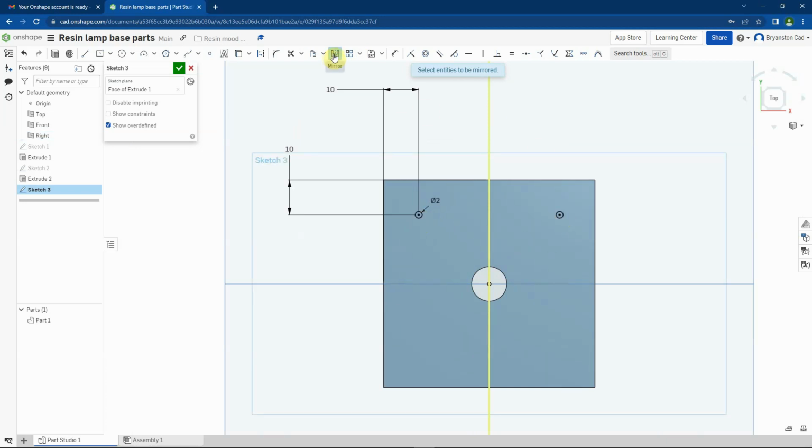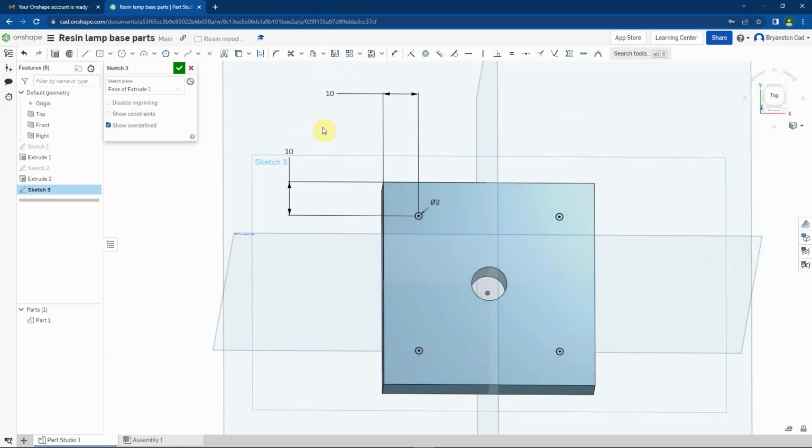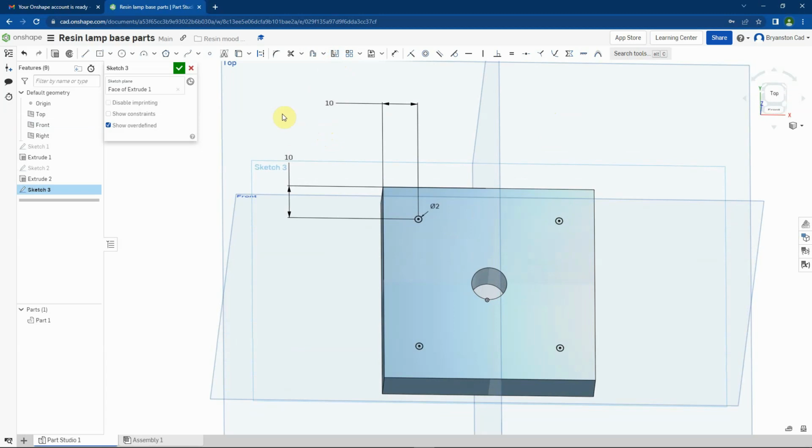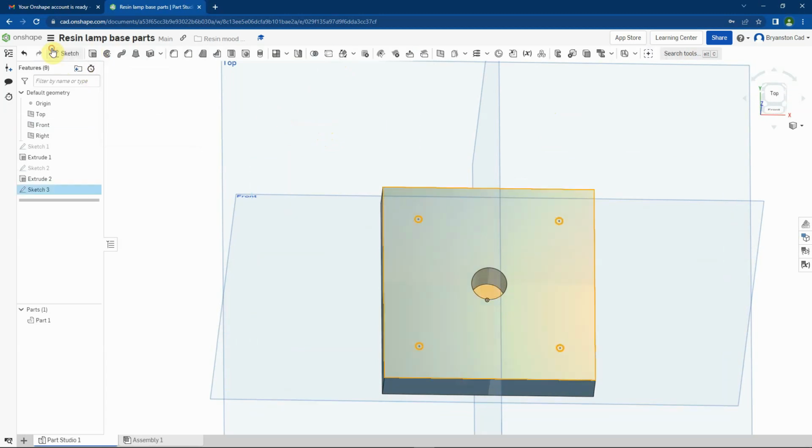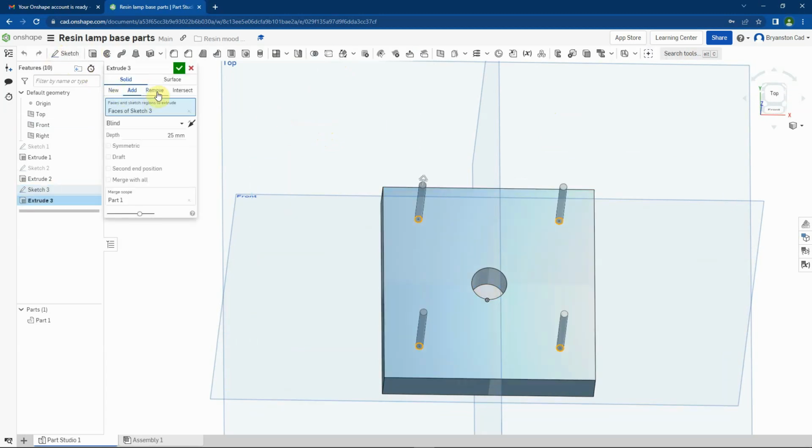I'm now going to cancel the mirror tool by left clicking on it, and then I'm going to select it again, which means I can select a new mirror line, and this time I'm going to pick the 2 circles. So I now have my 4 circles drawn. I can turn off the mirror tool, and again, if I just hold the right mouse button down to make this 3D, I'm going to left click on extrude, I'm going to left click on remove,